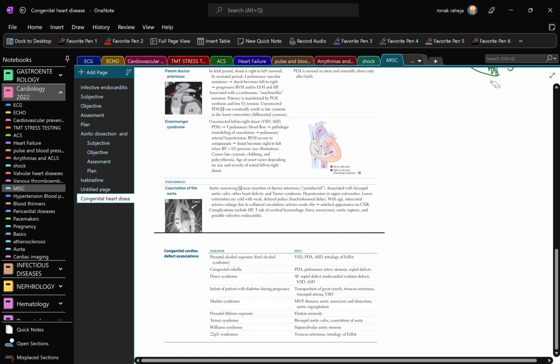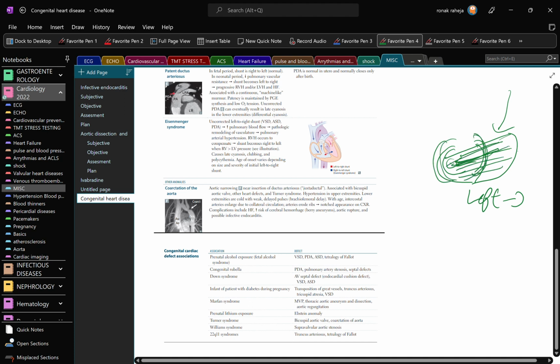So basically there's a syndrome called Eisenmenger syndrome where you have the right heart and the left heart working in synchrony. So normally when there is shunting of blood from the left to right side, it's usually oxygenated blood, and so then there should not be cyanosis because it's oxygenated blood, but extra blood is going towards the lungs. But initially blood flow keeps coming from the left heart to the right heart, and then this right heart is made to work overtime and work very hard. So what happens is this right heart hypertrophies significantly,